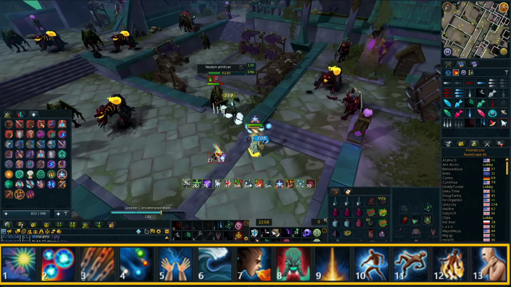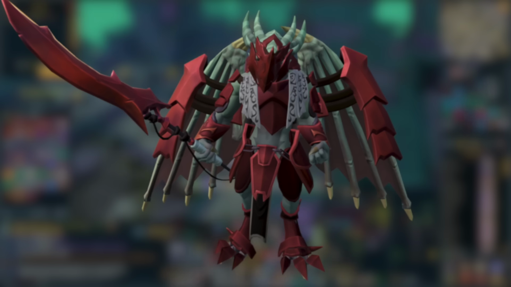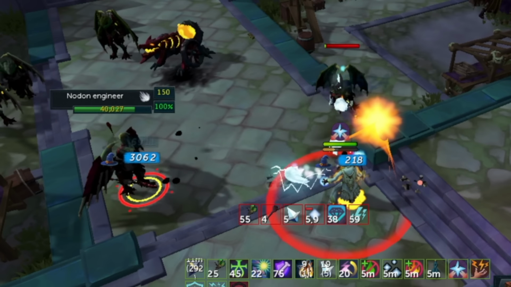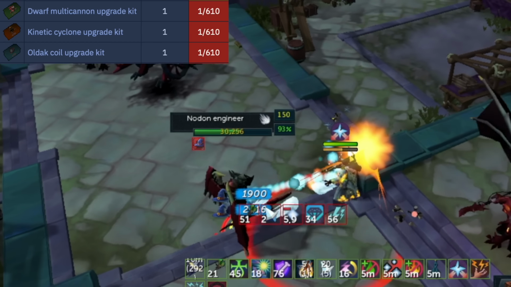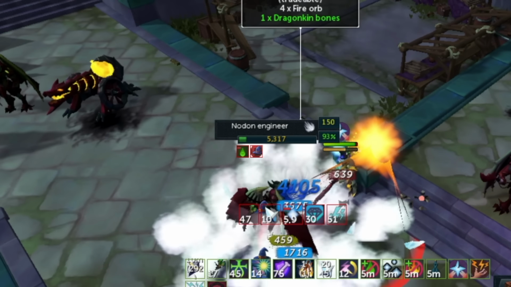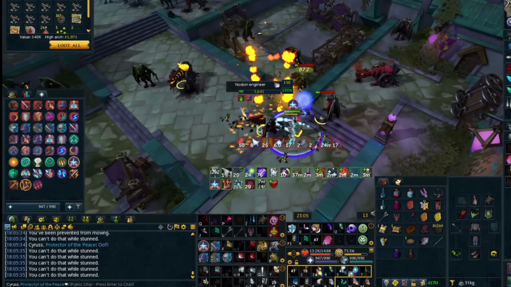I'm specifically looking out for the Nodon Engineer, who wears this pretty distinct orange orichalcum looking armor set. Every single time that I see this guy spawn in, I want to actively target and kill him. Not only does the Engineer have an increased drop rate of the cannon upgrade pieces at about 1 in 600, but when you do kill him, there's also a chance for him to spawn in a super Nodon Dragonkin called